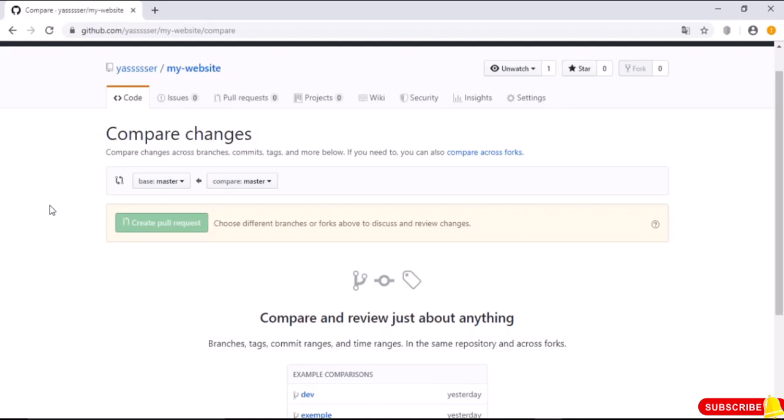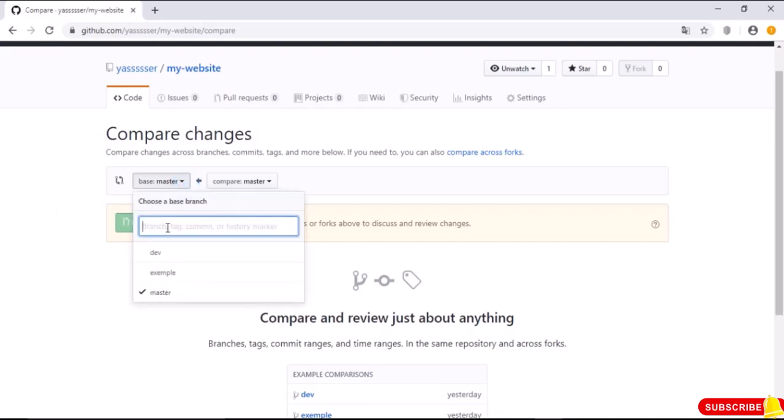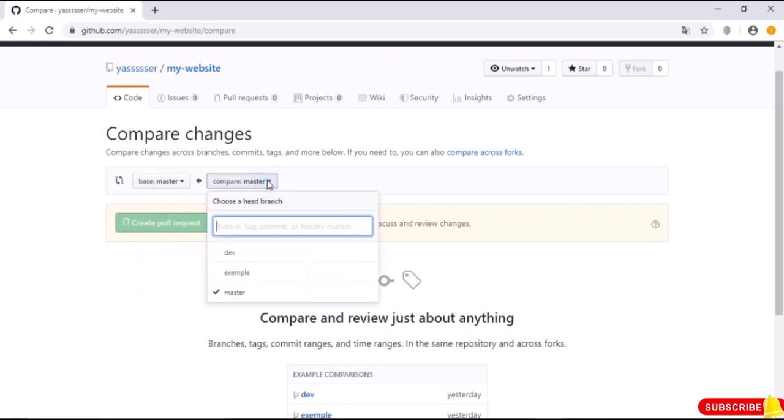Hey, and welcome to this new video of mastering Git and GitHub. As we saw in the previous video, the comparison between branches and tags or commit, but we can also compare between 2 tags or 2 commits. For the commit, we need just to copy the ID of the first commit and compare it, or here we enter the ID of the other commit that we want to compare with, or with tags,